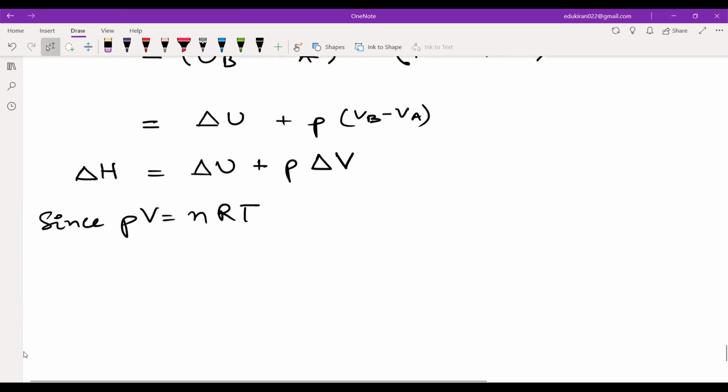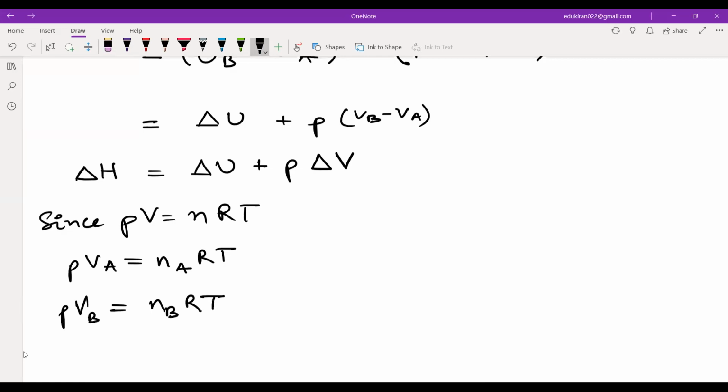So we can further expand this, and we can say that PVA will be equal to the number of moles of A times RT, because only the number of moles is going to change if I go from A to B in a particular reaction, right? The volume is obviously going to change, and that is why from nRT only the number of moles is going to change. We can also write PVB is equal to the number of moles of B times R times T, and hence we can write